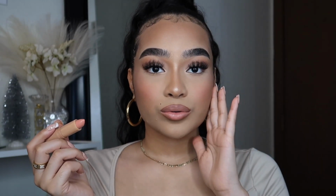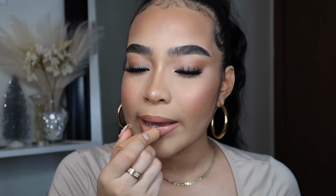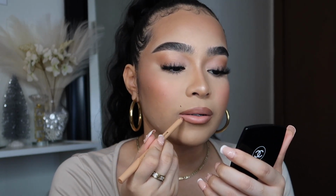Oh my gosh. And I didn't even have to use a lot. Okay, but that's all. Yep, that is all I'm going to use. Oh, this is so pretty. I'm so glad I got this one. It is bomb. I'm gonna add some more Midtown. I love Midtown. I'm so glad I got another lip liner. Whew, this